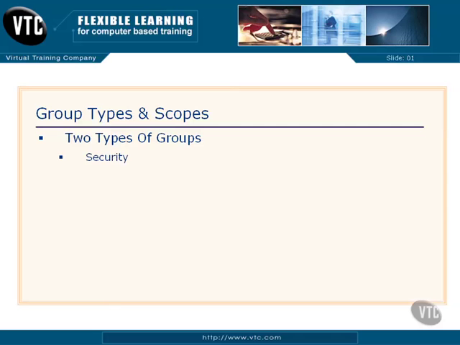Now there are really two basic types of groups. There is a security group, and that security group is a security principal, meaning that we can use that to provide access to a resource. And bottom line, that's what we're going to do with these. We are going to use security groups to group our users together to manage security, to manage access to resources